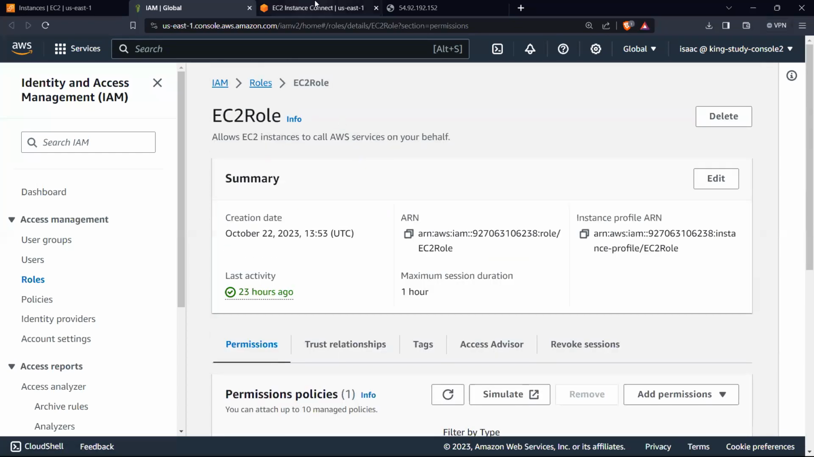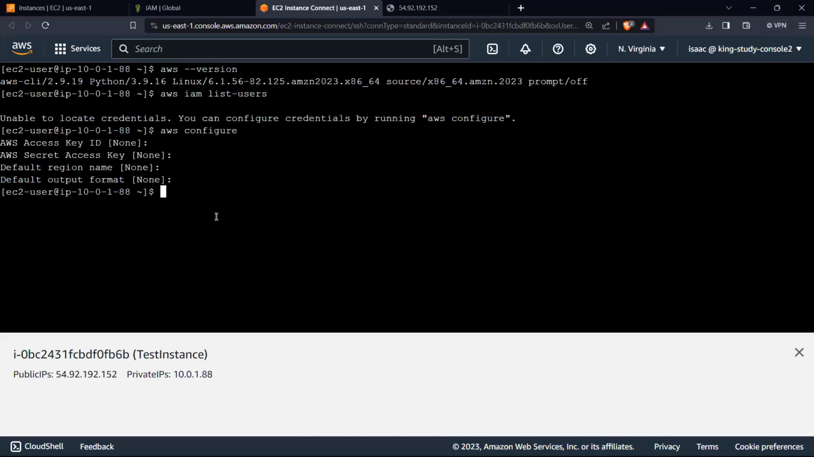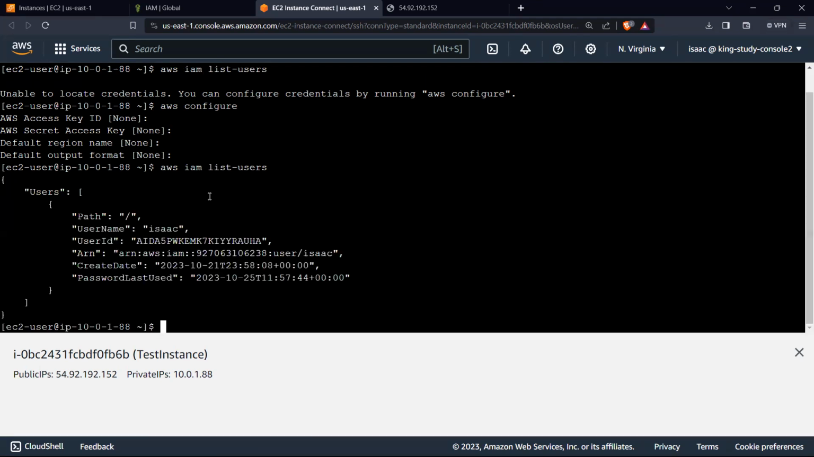Okay, great. So I'll go back to my terminal or my instance connect, and then I'll type the AWS IAM list users command that I typed earlier, and now press enter. And then you can see that it brings the users list, and the username is currently Isaac, my user ID, my ARN, the date that it was created, and the date that I last